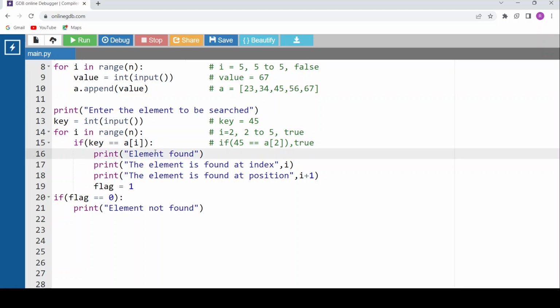Element is found. I'll get the output element found. Element is found at index I. What is I value? 2. Then the element is found at position I plus 1. I plus 1, 2 plus 1 is 3. Okay. So which means I'll get the output element found at index 2, position 3 and I'll change the flag value to 1. It will come out of it,